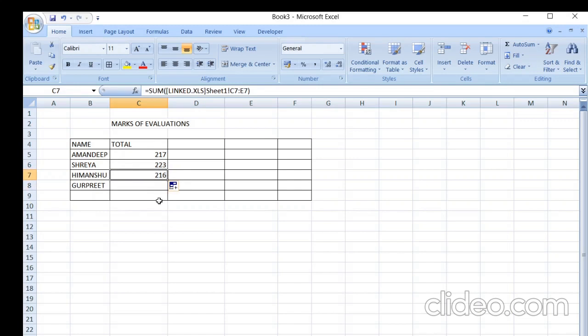Dragging it means you are copy pasting the data. Copy paste means you are copy pasting and showing the data of the other. Clear? This way also you can put it. Which file? Okay. You can see the answer here. This way you can pick the data from one workbook and use it in another workbook.